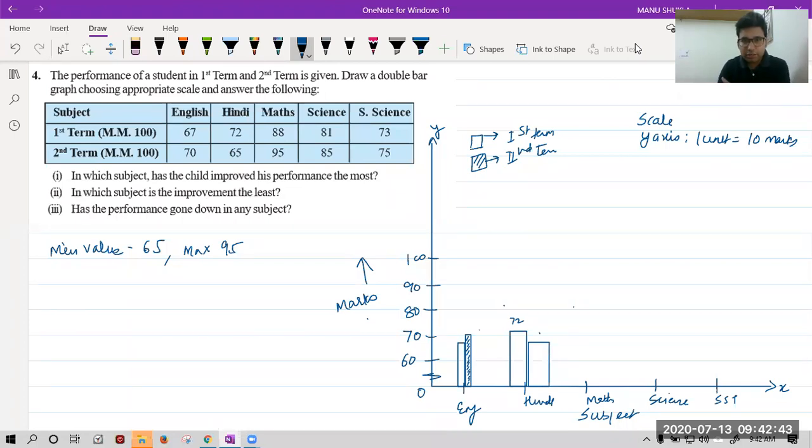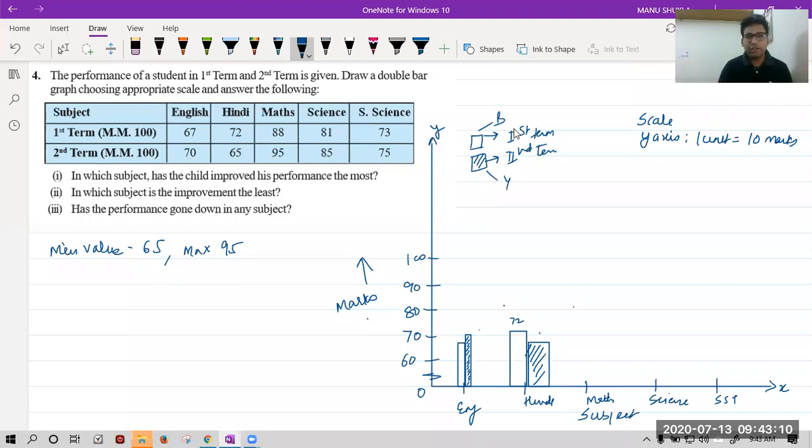Very good, Avneet. Sir, if we zero a value, then how will we make a bar? No bar will be there, beta. If it is 0, the bar will not be there. It will be 0. So now we have to draw. Yes, beta, you can draw like this and then shade also. Like this, I have taken. I will shade this. You can take different color also. Suppose this is black, this is yellow. Like that, you can take color also.